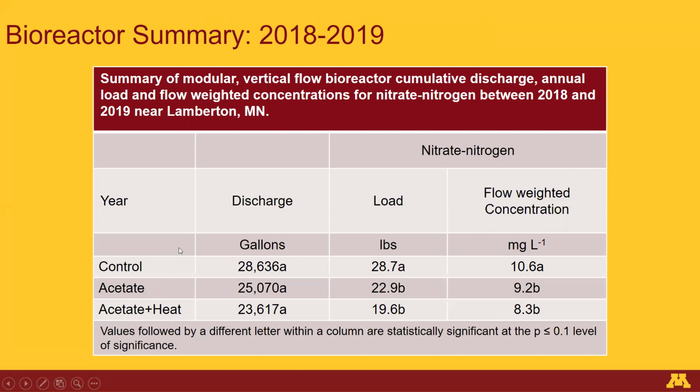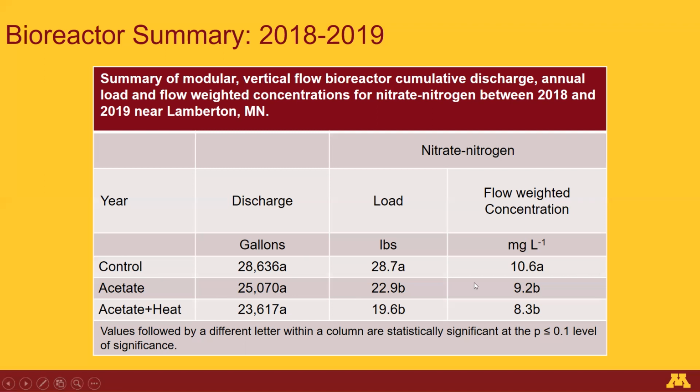Now, even though our control bioreactor is supposed to produce dissolved carbon for the biological organisms that live in the bioreactor on the wood chips and on the corn cobs, one of our hypotheses is that the system was limited for carbon, that there wasn't enough carbon in the system that was available to help stimulate more nitrogen reductions from the bioreactors. So thus we added a supplemental carbon source by itself, and then the carbon source plus heat during these 2